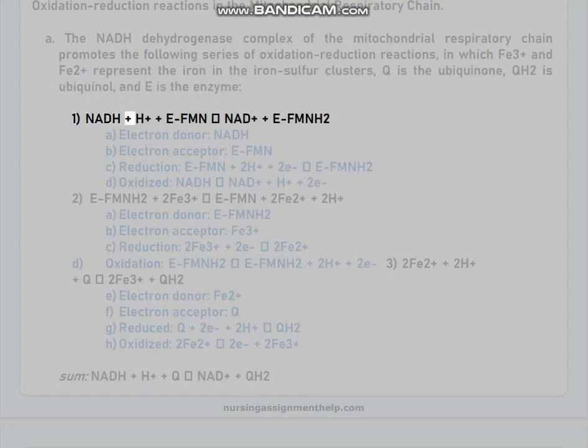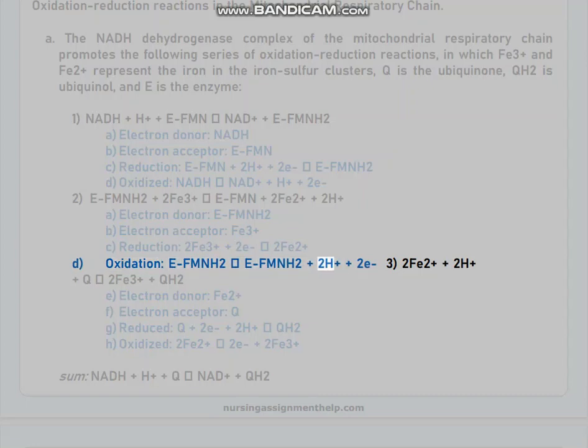1. NADH + H+ + E-FMN → NAD+ + E-FMNH2. A, electron donor: NADH. B, electron acceptor: E-FMN. C, reduction: E-FMN + 2H+ + 2e- → E-FMNH2. D, oxidation: NADH → NAD+ + H+ + 2e-. 2. E-FMNH2 + 2Fe3+ → E-FMN + 2Fe2+ + 2H+. A, electron donor: E-FMNH2. B, electron acceptor: Fe3+. C, reduction: 2Fe3+ + 2e- → 2Fe2+. D, oxidation,